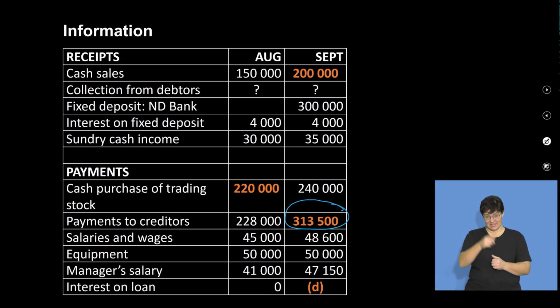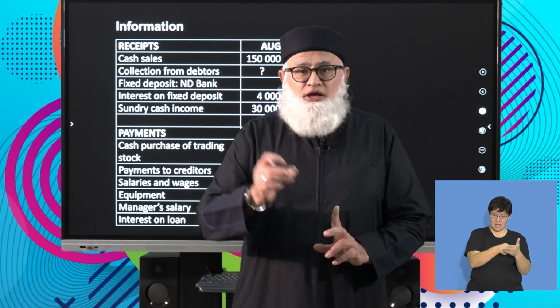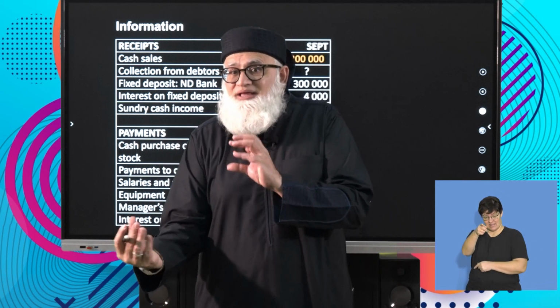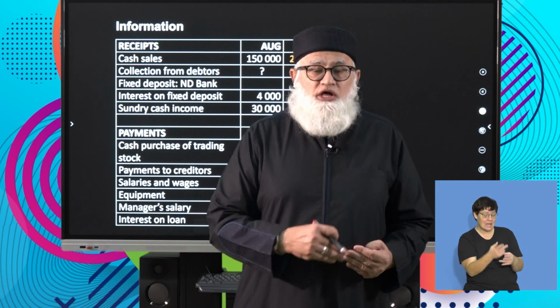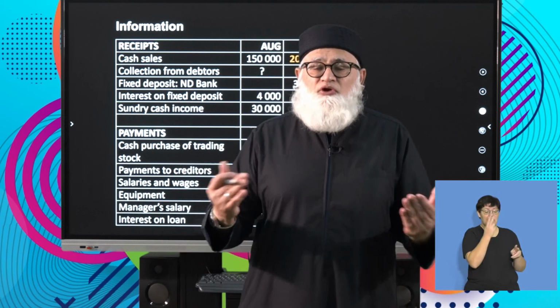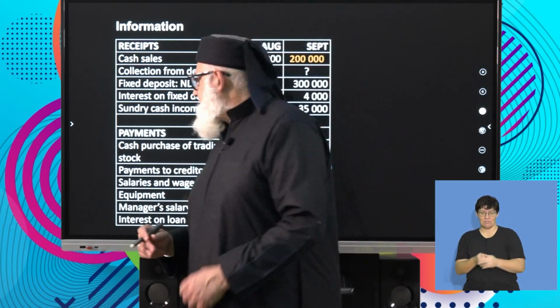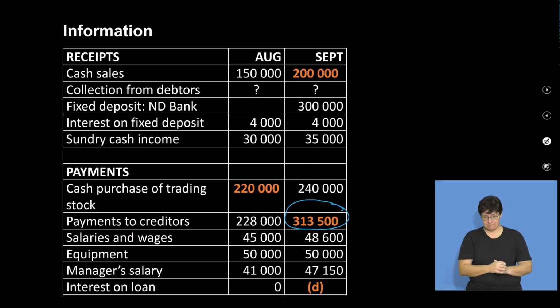Okay. What have you noticed? That when you are working out your cash purchases or your payments to creditors, the figure that you finally work with is the purchases figure, right? But like I alluded to early on, depending on the information that is given to you, very often examiners ask you to first calculate the cost of sales and then move on to the purchases, but obviously depending on the question. Now what do we have to calculate? We have to calculate D, and that is our interest on the loan, right? Let's look at the information that we have.